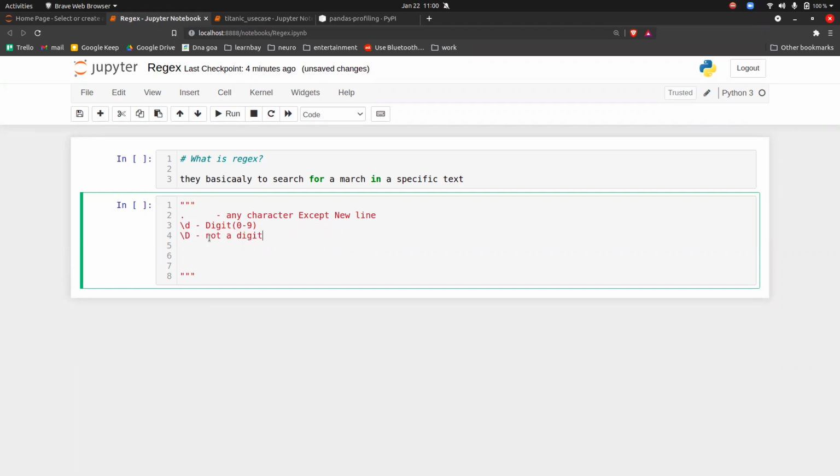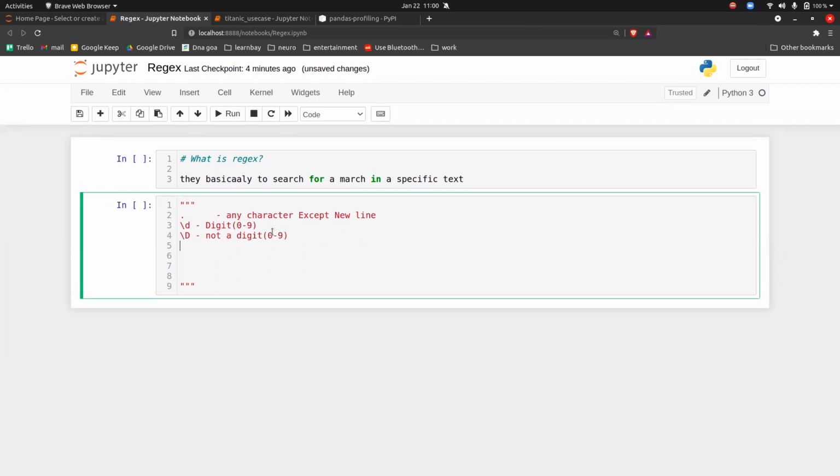So it will extract everything except the digit. So capital D is not a digit, that is not from 0 to 9.